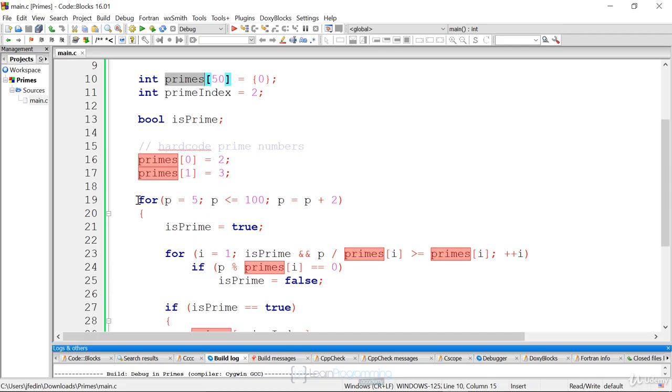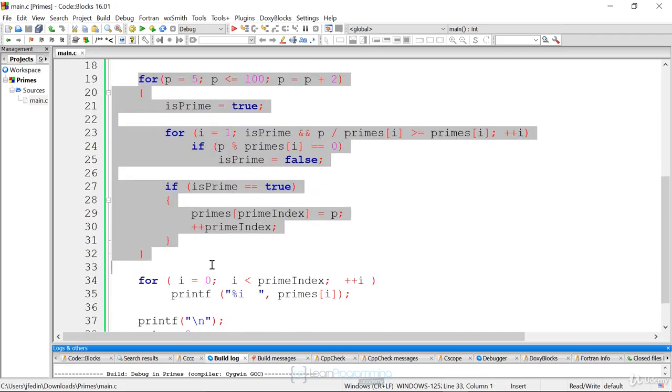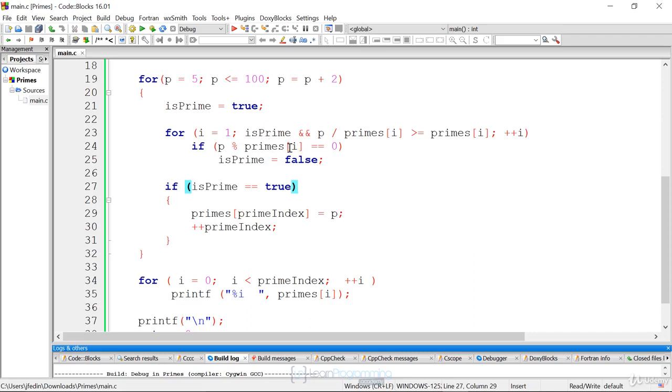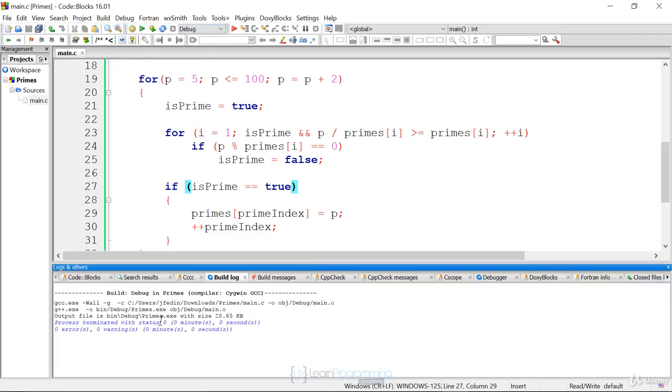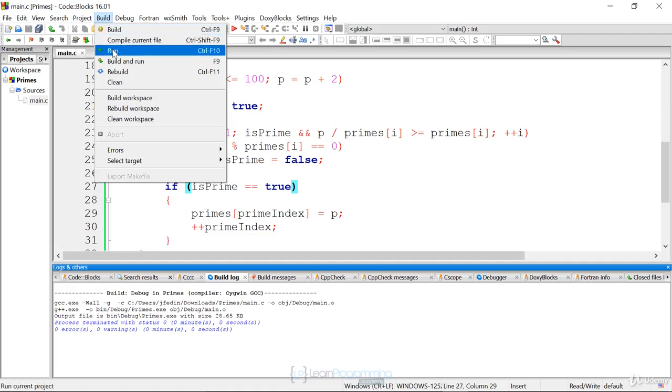And then this whole algorithm from line 19 to line 32 is determining if it's prime by looking at the array of previous prime numbers, and also jumping out when you're greater than the square root. And so again, you see a lot of square brackets here to access arrays and to assign values to arrays and everything. It's pretty straightforward. So let's build this and see what happens. We have no warnings, no errors. If we run this,